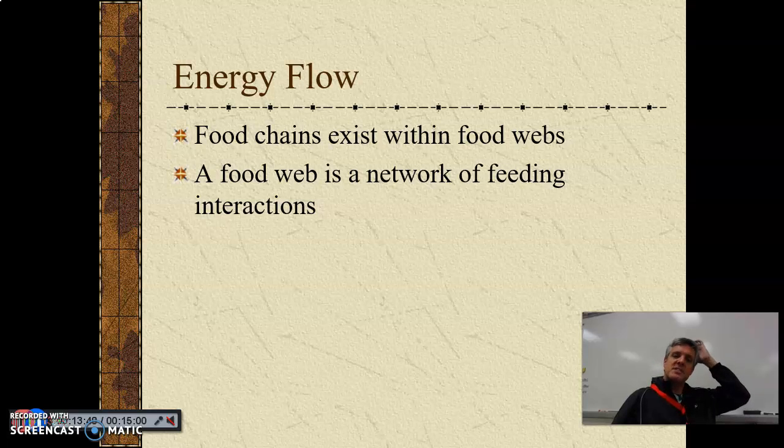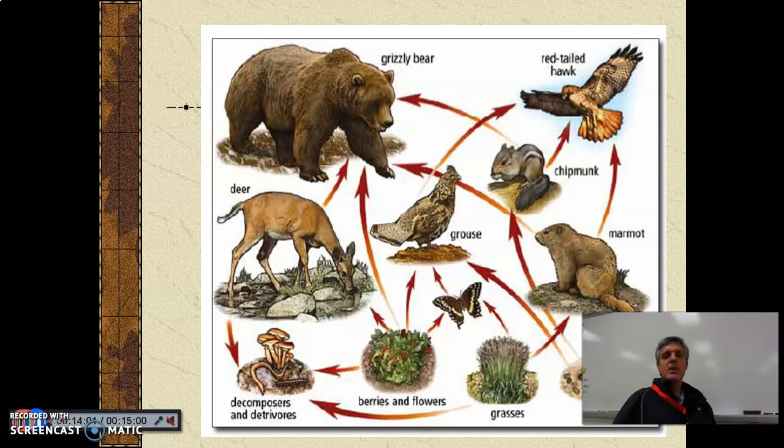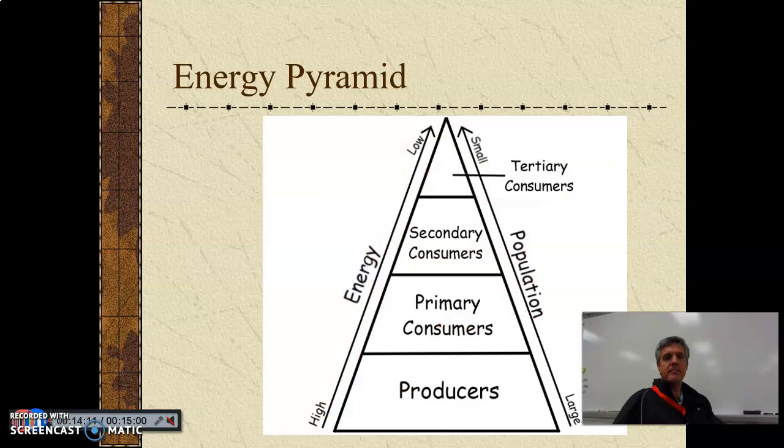And then food chains exist within food webs, and so we'll look at energy flow. We'll look at how food goes from the plants all the way up to what's known as a tertiary consumer later on this week, okay? Just a quick example of all the different animals and plants that might be in a food web, okay? And we'll talk more about these. And then an energy pyramid. Jot this down. We're at just over 14 minutes here, but go ahead and jot this down. We'll talk more this week, but if you have one in your notes, that would be super.